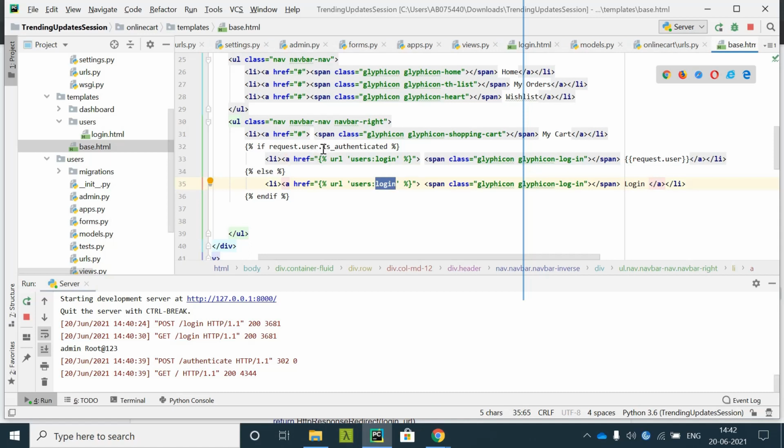If the user is authenticated, then it should display me first this thing, and I'll also use the Glyphicon as logout and it should display this. I can go to the logout one, but I don't have this view as of now, so I'll put a hash.